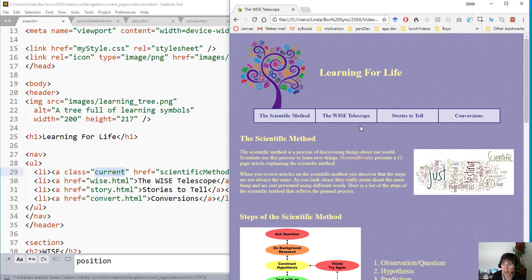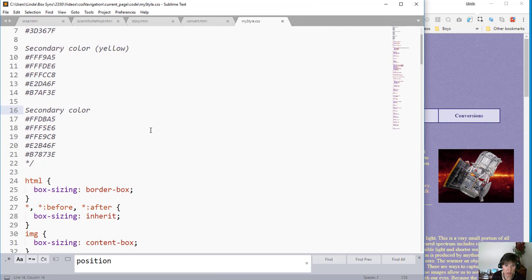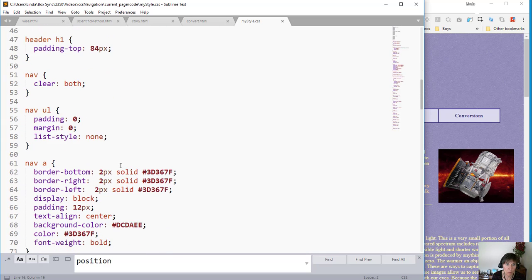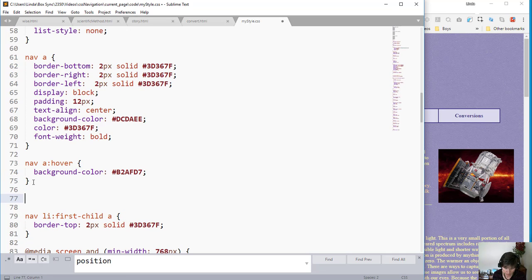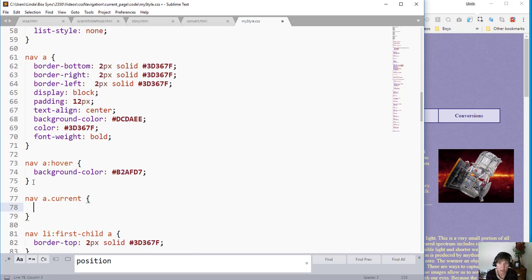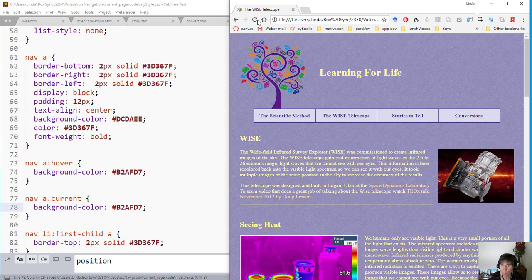Now if I go back and I refresh and I go to that page, I don't see anything different there. So now I want to go into the style, and I want to talk about what happens when that's current. So when I'm in a nav and it's an A tag that has that class set to current on it, that's A.current, then what I want to do is I want to set the background color to stay the same as when it's hovered. That's what I'm going to do. You can do whatever style you want to make it look distinct, but I'm going to just set it to that color. So now when I'm on Wise,